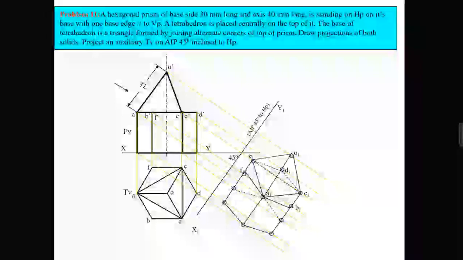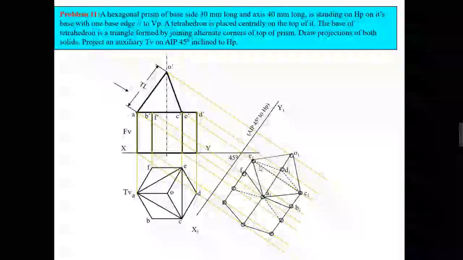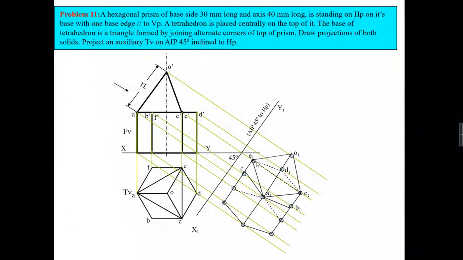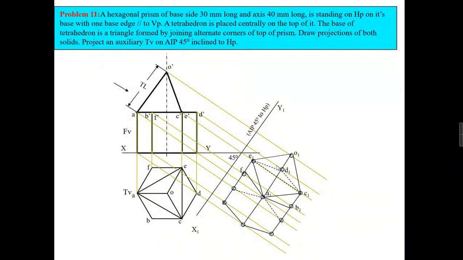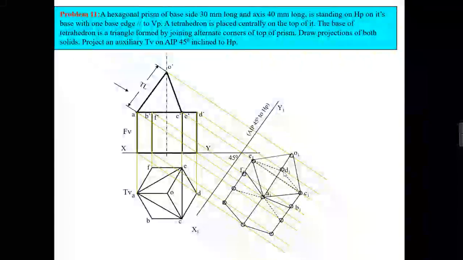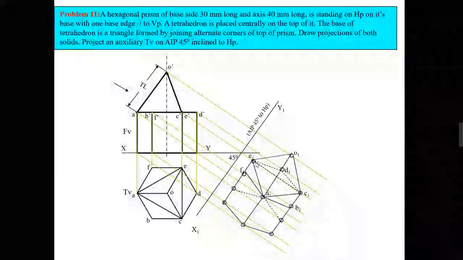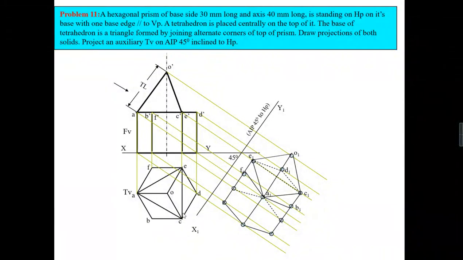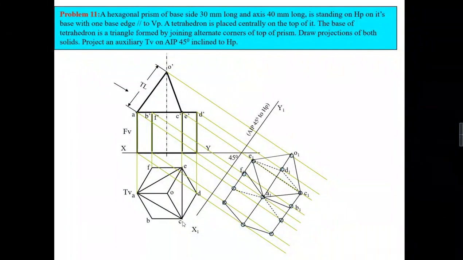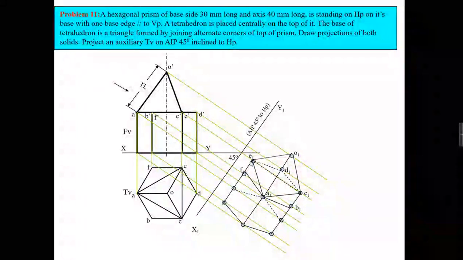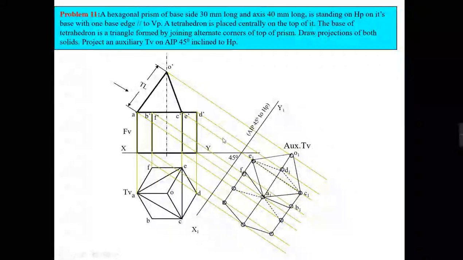After marking that, the lines which are remaining we have to join with the help of a dash line. Like this, E is connected with D, so ED is made with a dash line. The same way D and C. And if you see it from the top view, your tetrahedron has a base edge EC, so we have to mark this EC with a dash line. So this is your final top view.